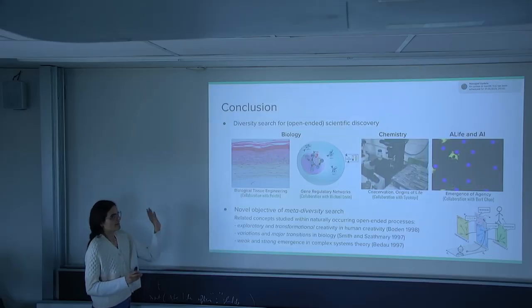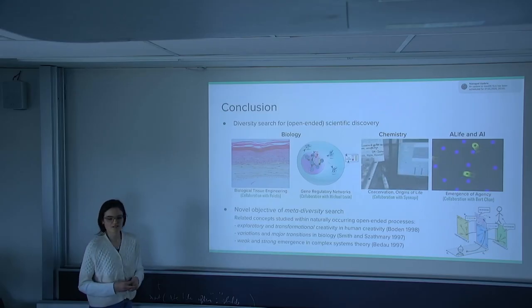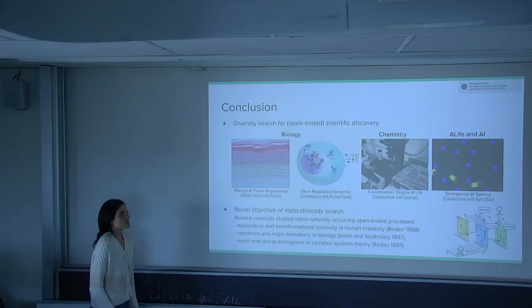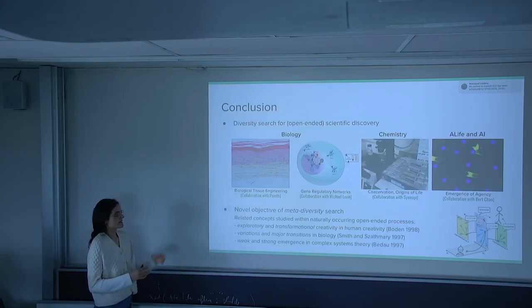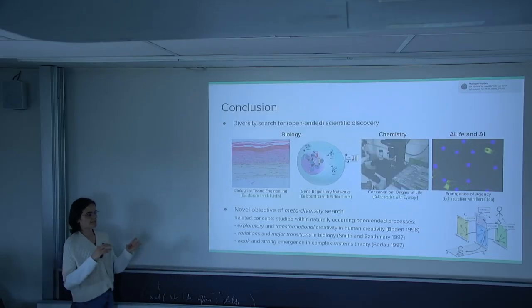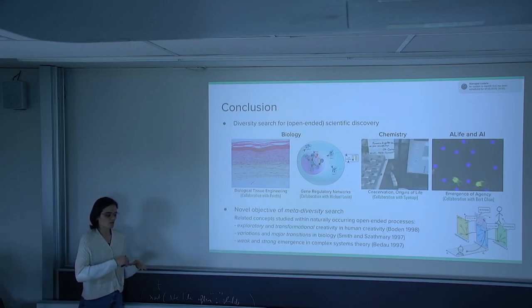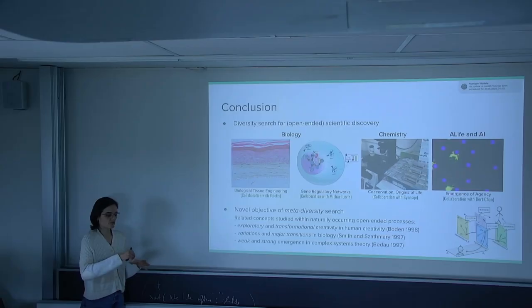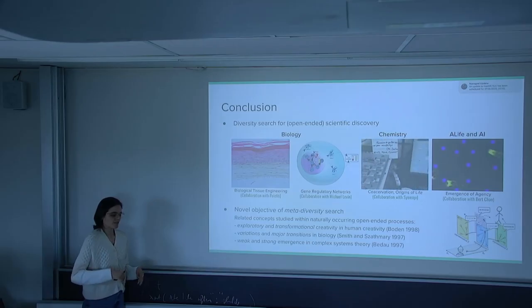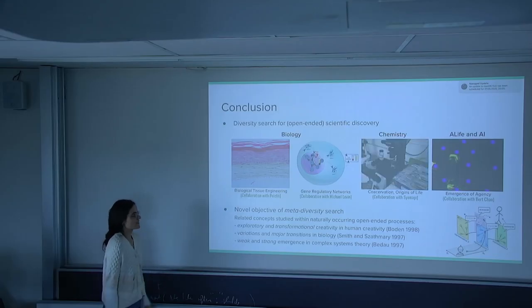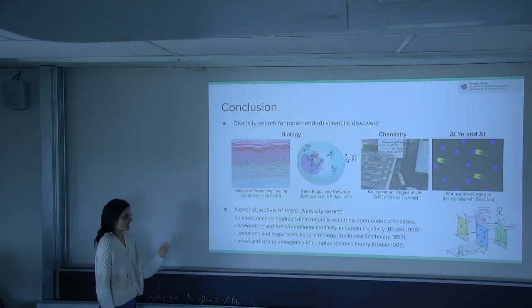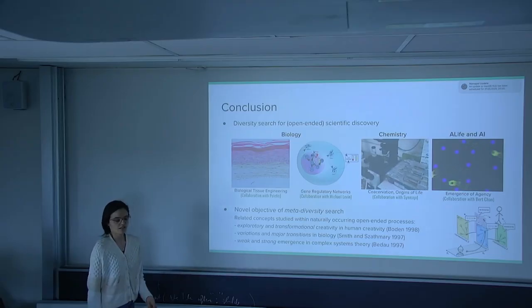But in each of these works, there was definitely some work involved in setting up this characterization space, which is the main issue of these approaches. So as we want to move towards more open-ended discovery, I think this concept of meta-diverse search, which is simply this idea that we should not only try to solve new problems in a given space, but search to create a completely new space for computation to emerge in. And this is also related to other concepts such as variation versus major transition in evolutionary biology.